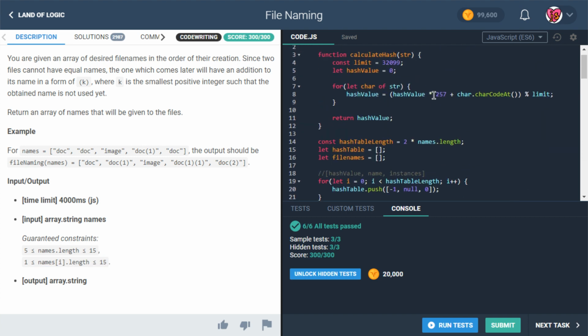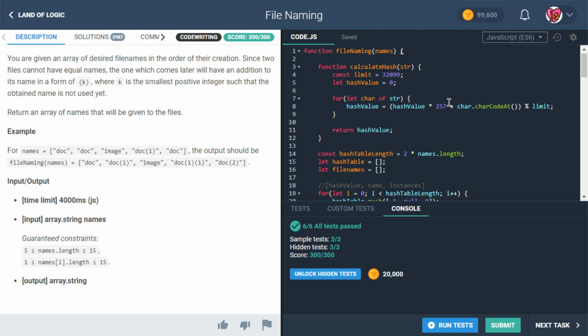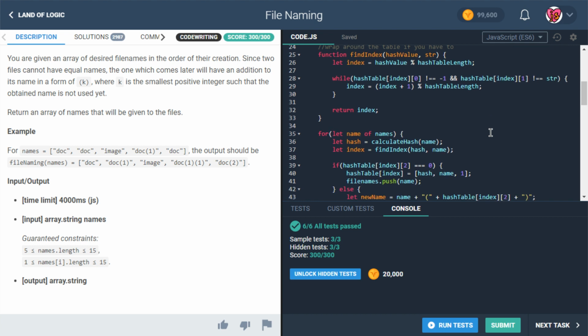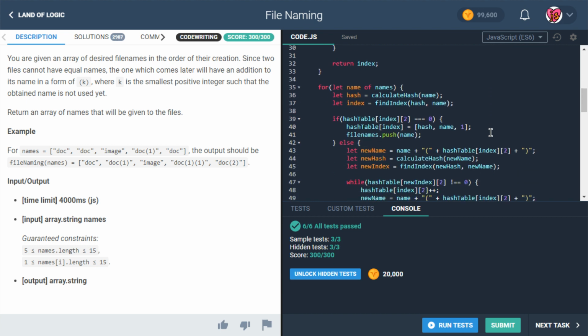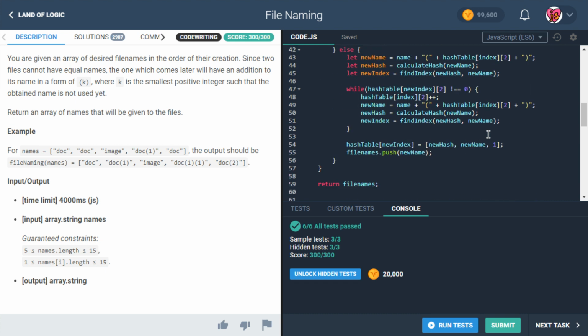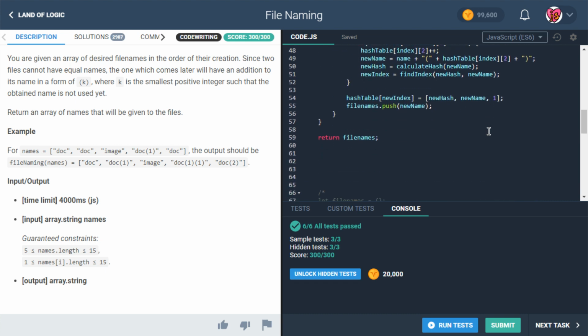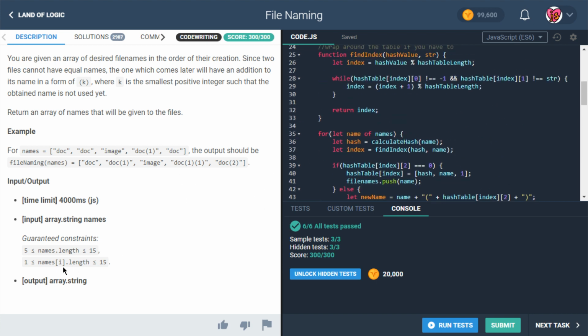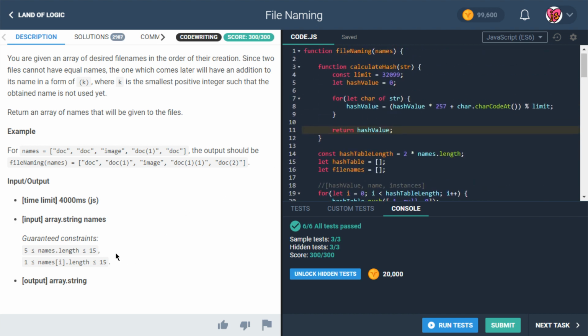So basically, well, actually, if you want to go back and see it, at the time when I first saw this, I was so perplexed by it that I made a forum post. I went onto the forums and I was like, why are they using a hash table here? I don't get it. Doesn't this seem like overkill? And basically someone kindly explained to me, yeah, in this case with these constraints, sure. One of my old university professors used to say it's like killing a fly with an atom bomb. Anyway, it's kind of a morbid analogy. The point is, we don't need the full power of a hash table for something that's only going to be 15